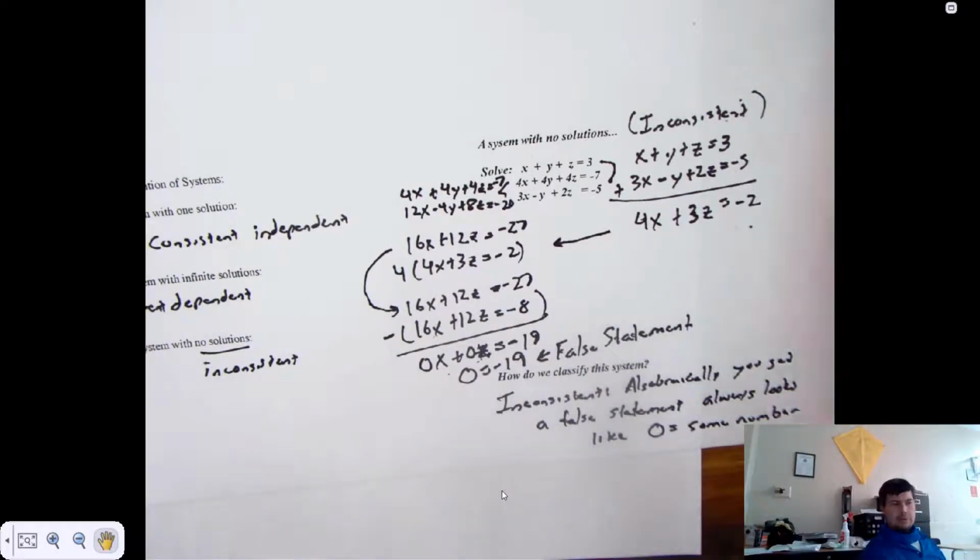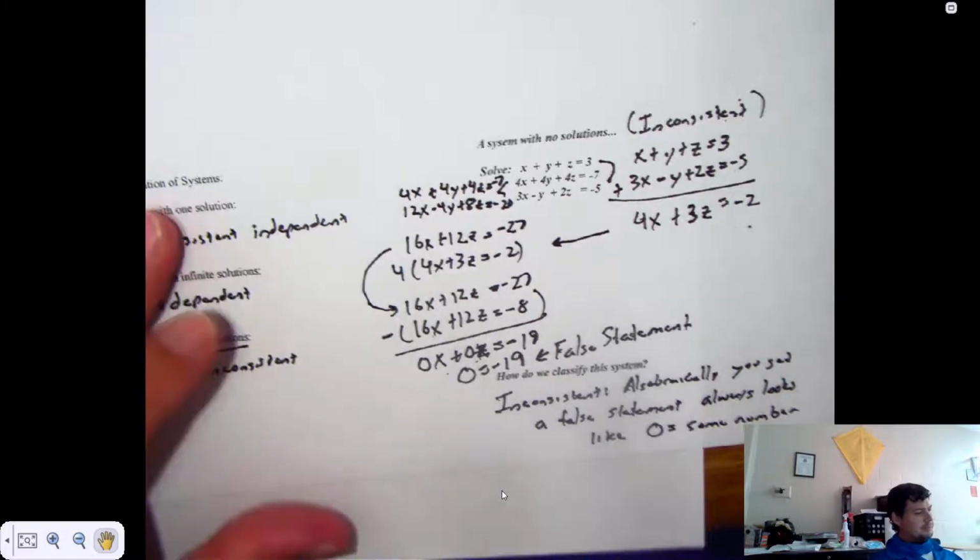And I don't know if that shows up on your homework or not. I really don't. It might not. It's one of the standards in Algebra 2, though, that you know that, so we're going over it. That was a system with no solutions. There is also in your notes an example of a system with infinite solutions,